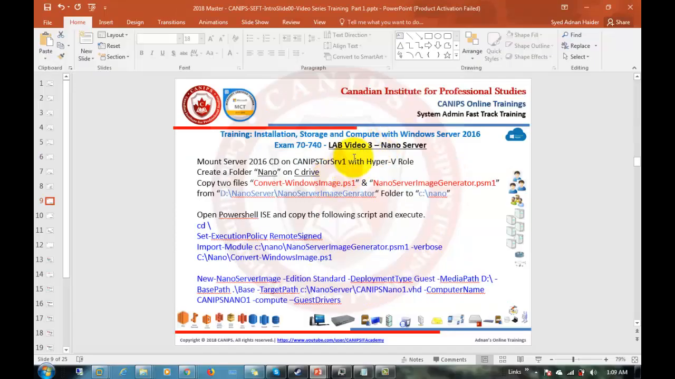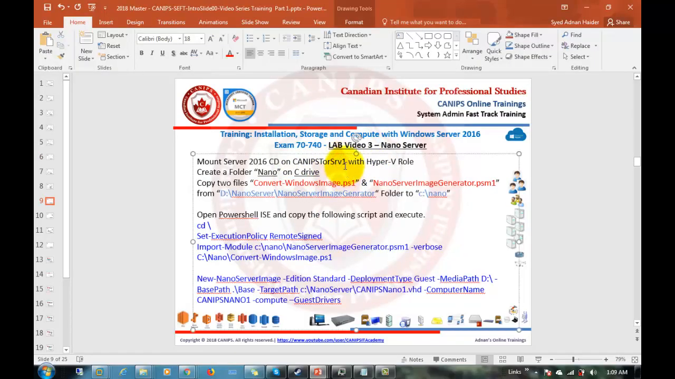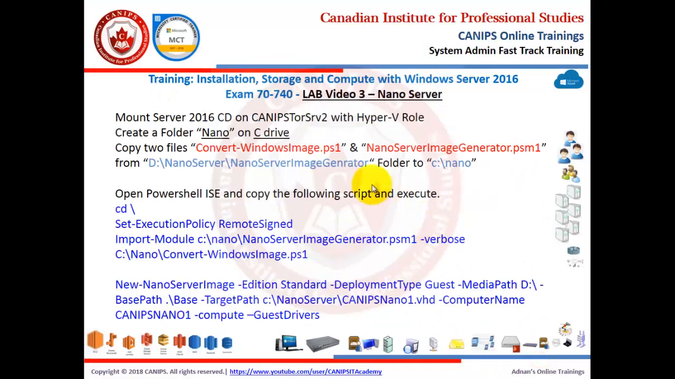So what I'm gonna do is I'm gonna write it. So let me just fix it right here. I'm gonna say Server 2, and yes, Server 2, and with the Hyper-V role, copy the 2 files. And then we need to create a folder called Nano on C drive. You need to follow each and every step exactly in the same manner,